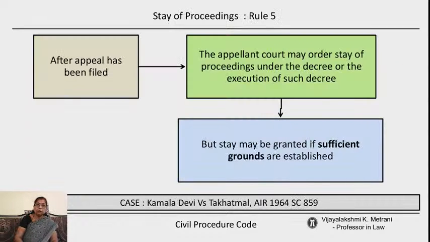Then Rule 5, coming back. Rule 5 speaks about stay of proceedings during the period of appeal. Now what happens is, once the decree is passed by the lower court, the execution proceeding starts. They need not wait for anything, they can immediately file for execution. Then he files an appeal. Suppose in the appeal it is decided in his favor, but the execution has already taken place, then he may lose his right. But that doesn't mean that just because the appeal has been filed, it is immediately stayed.